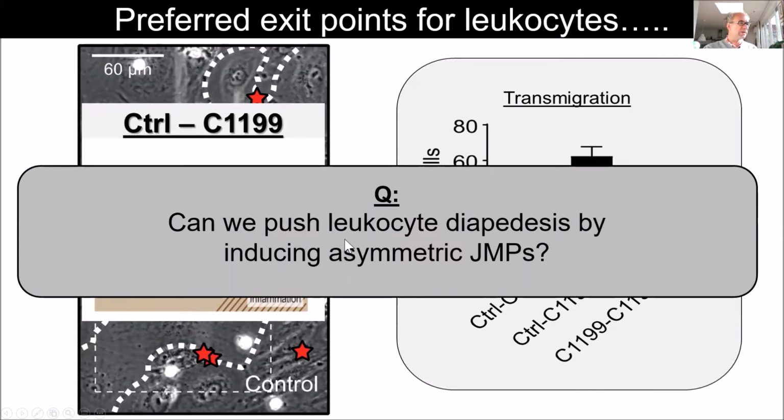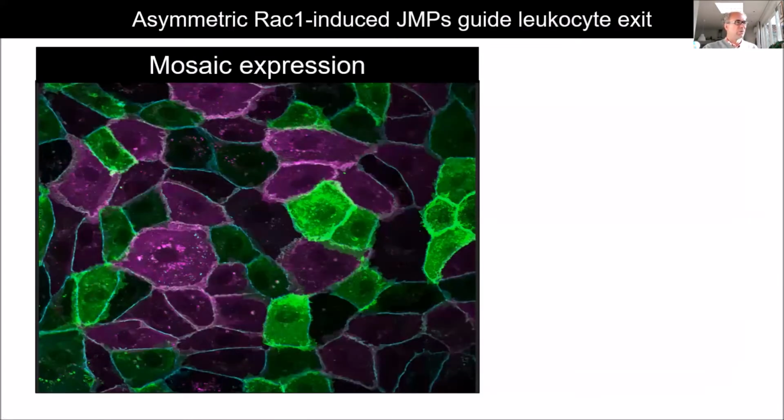So if this is true, can we then push leukocyte diapedesis by inducing asymmetric JMPs, or let's say asymmetric junctions, where one endothelial cell expresses a JMP and the other cell does not? We did so by trying to overexpress active Rac constructs with just an FP in a mosaic fashion. You get something like this. You have a green cell